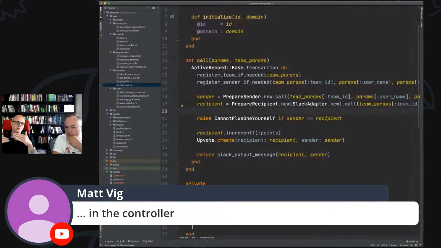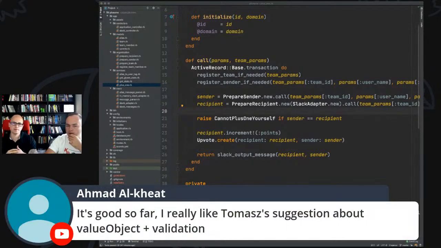And a better type of coupling on the scale is actually stamp coupling, where you have coupling to the structure of the passed param. So it's like a DTO. Do you have the concept of DTOs? We have the concept of DTO, we just don't call it like that.